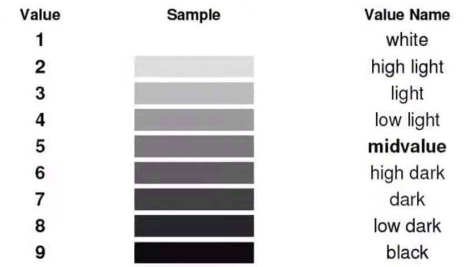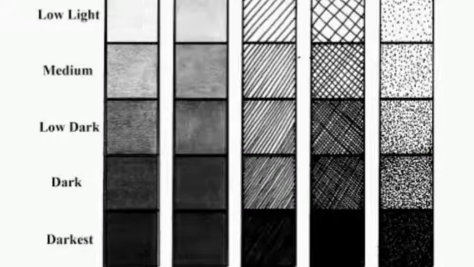So now, looking at the image you have on your screen, you will notice that color number 9 is black, but gradually as it goes to number 8, number 7, you will notice that it begins to get lighter a little until it finally gets to number 1, where it becomes completely white. So now you can see the transition from the darkest, which is number 9, to the lightest, which is number 1.